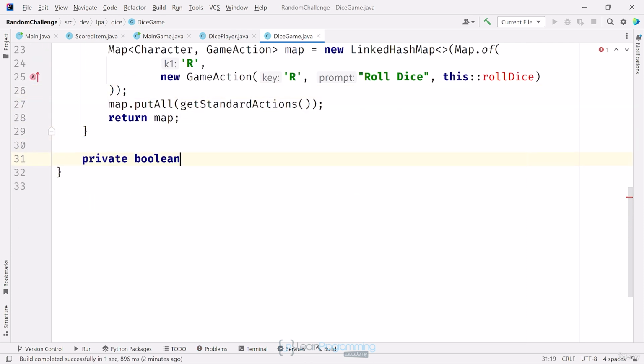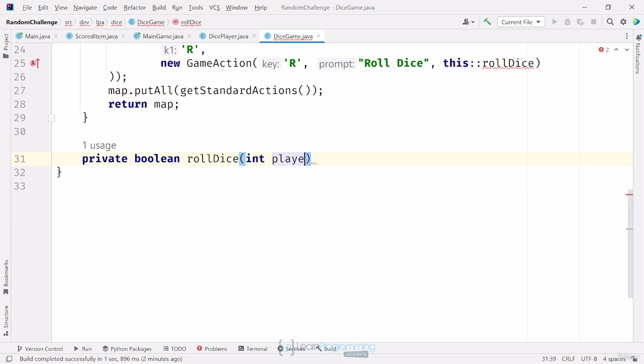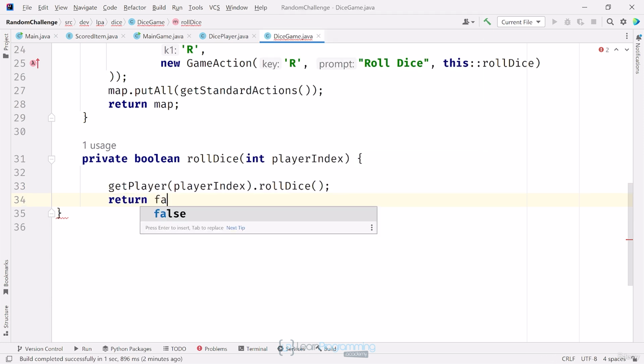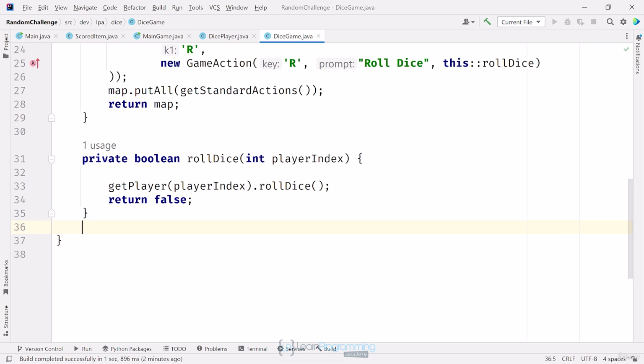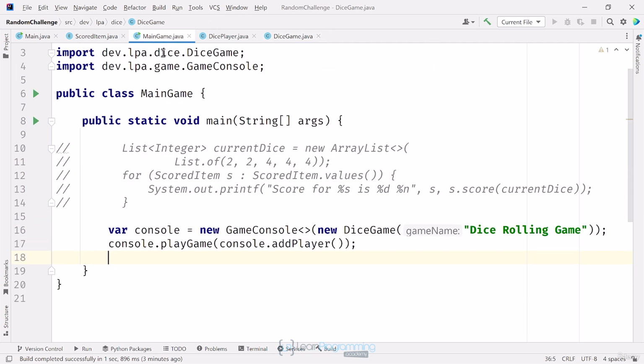The roll dice method will take the player index value and will return a boolean. I'll make this private. It uses game's getPlayer method passing the player's index, and it'll execute roll dice on that player instance. It returns false, so the game continues. Returning true would end the game after the first roll, so we don't want to do that. Okay, so now if I run this code,